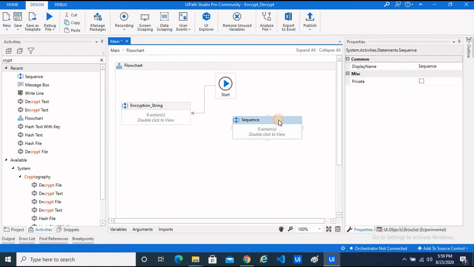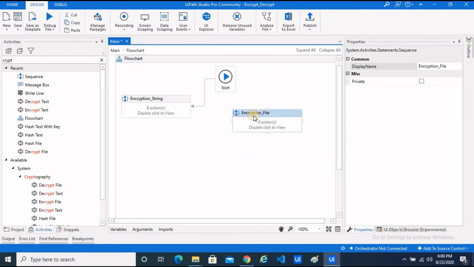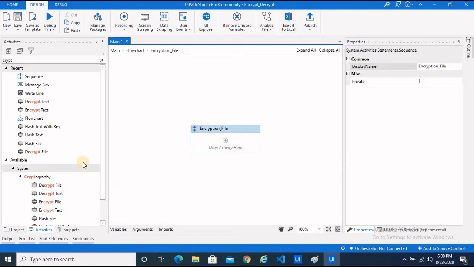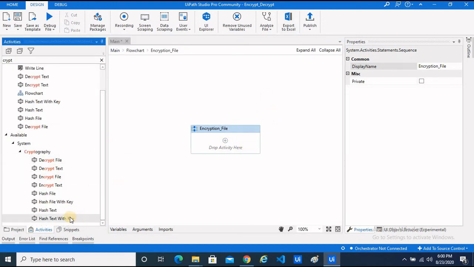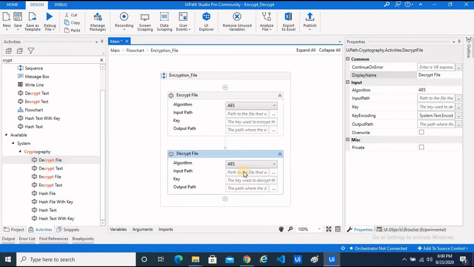Oops, something went wrong. Okay, so what I will do here, I will type encryption_file. Okay, so we'll come to the activities tab. Here I will bring encrypt file, and I will bring in decrypt file as well. So I'm demonstrating encryption and decryption simultaneously. Okay, so what I'm trying to do here,